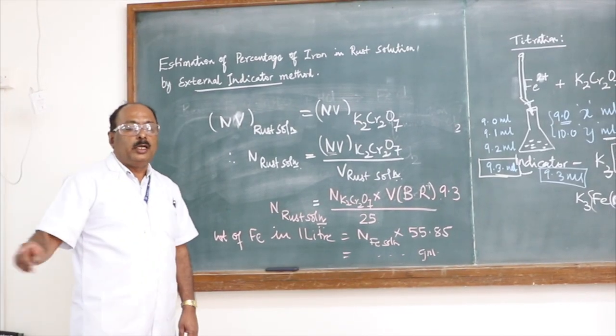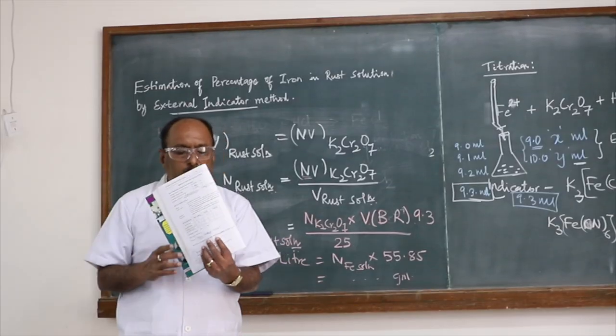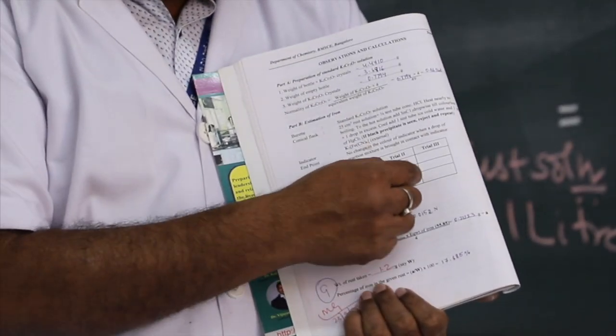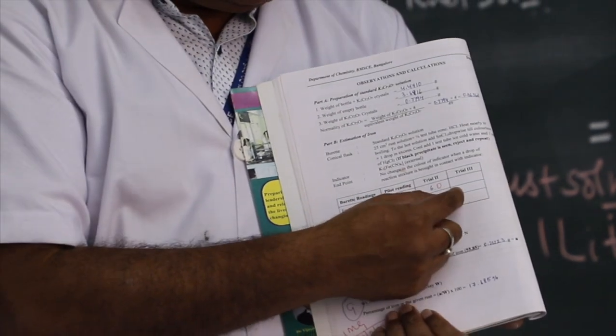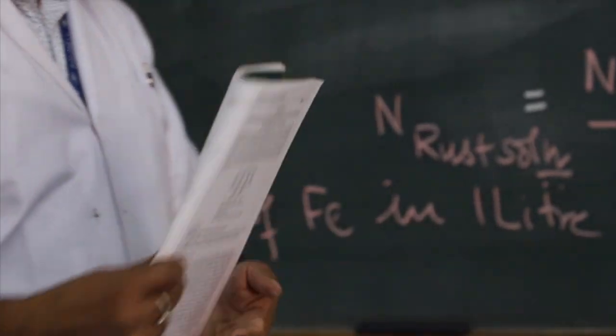If everything has gone well without any problem, the reading you got in the second trial and the reading you get in the third trial will be the same. They are called concurrent burette readings. One has to use those concurrent burette readings for doing the calculation. Once you have them, enter those readings in the tabular column as shown in the book here: pilot trial, first trial, second trial, and note that these 2 readings are called concurrent burette readings that you will have to enter here, and then you have to go for the calculation.